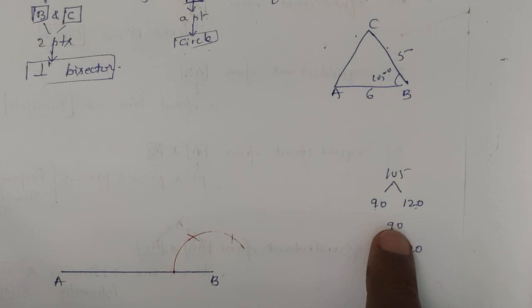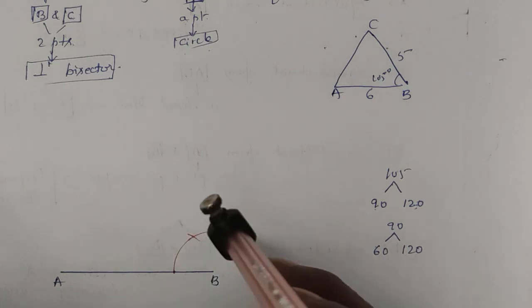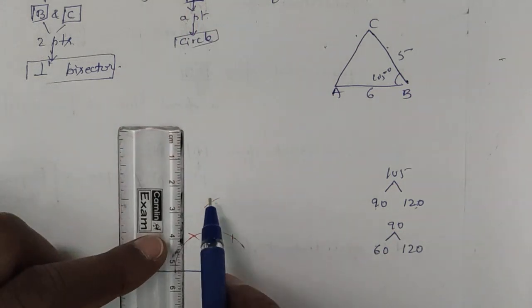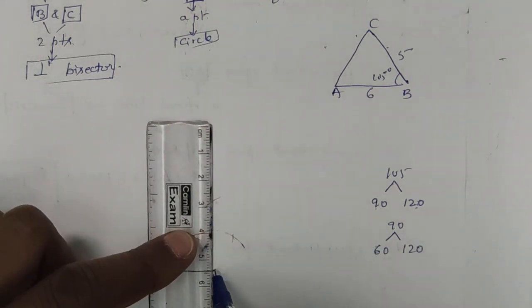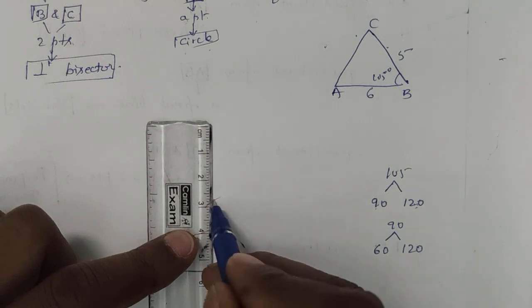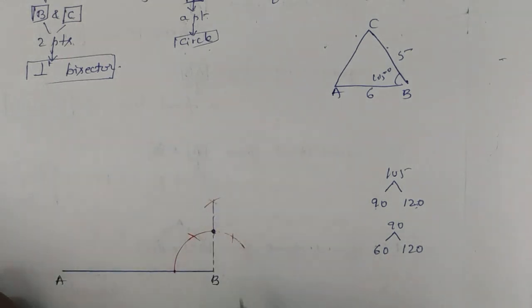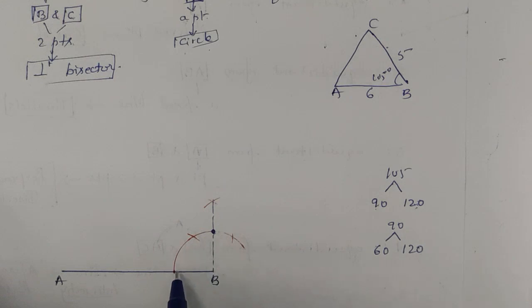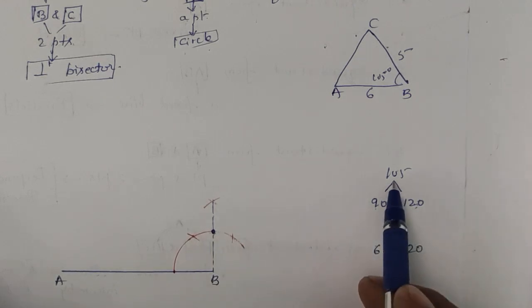Next we will get 90 degrees. Between 60 and 120 degrees lies 90. So we take the compass, from the 120 degree point one arc above, and from the 60 degree point one arc above. This meeting point is taken as the 90 degree arc. Joined to B, this gives 90 degrees. From the 60 arc and from 120, one more arc each, and the two meeting arcs joined to B become 120. This is 0, 60, 90, 120. Got it? Now 60, 90 and 120 degrees are all done.